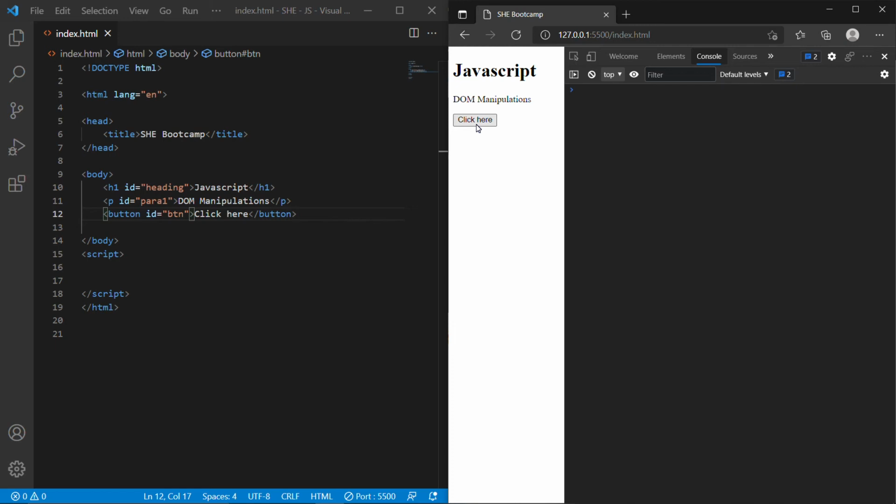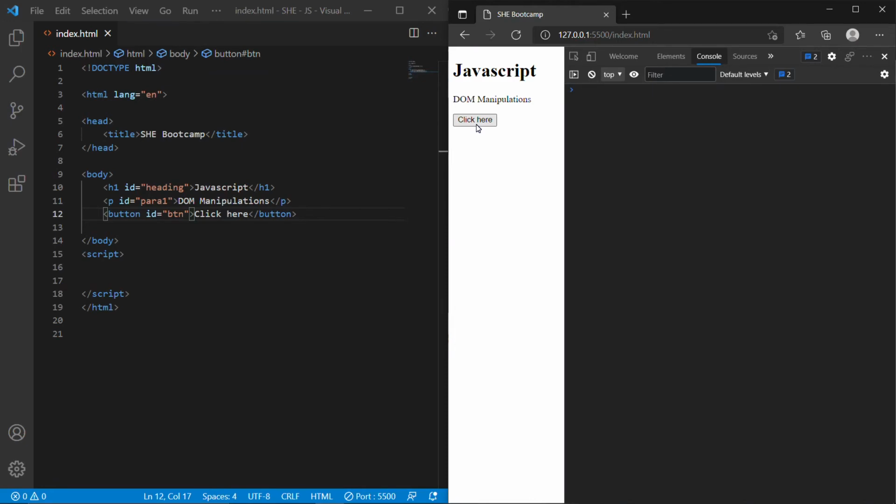It does not perform any action. So it's time to know about events. What if we want to run a segment of JS code on clicking this button? To be more precise, suppose we want to change the content, that is DOM manipulations, to something else on clicking the button. Here, button click is the event.